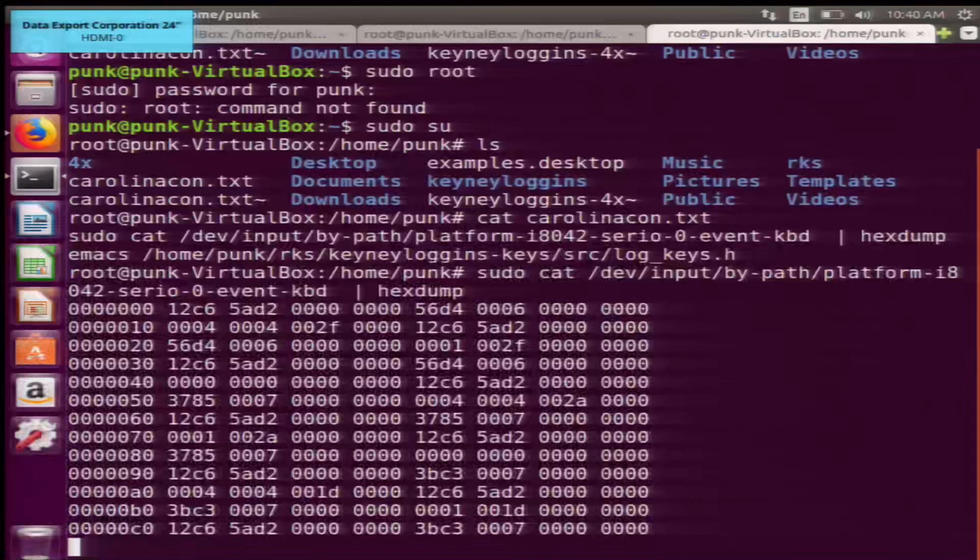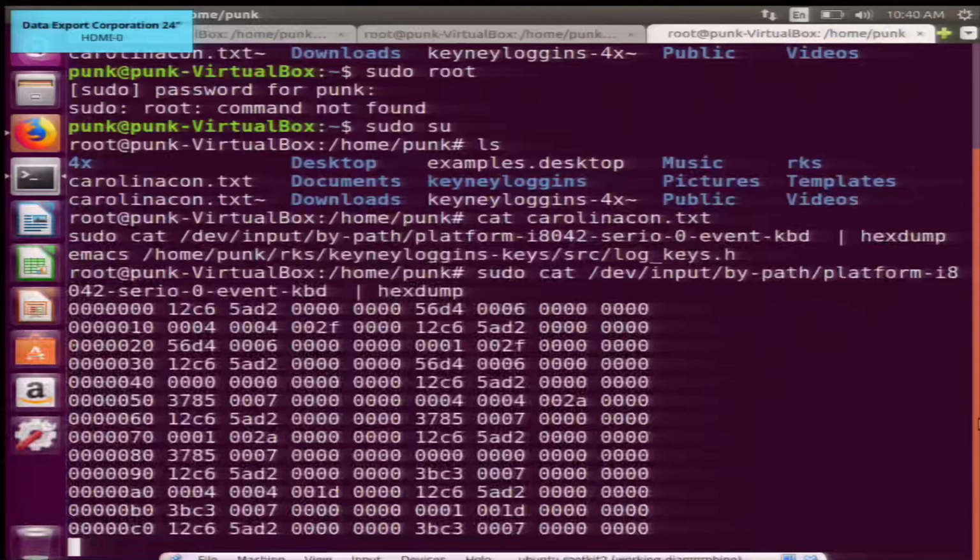-kbd stands for keyboard. One particular key that I wanted to show you, where the fuck's my mouse, is the escape key. The reason I wanted to show you logging of the escape key is because the escape key is 1 in this particular code right here.